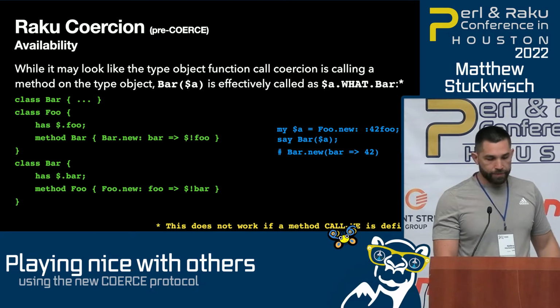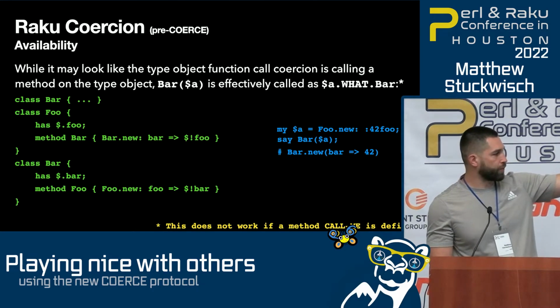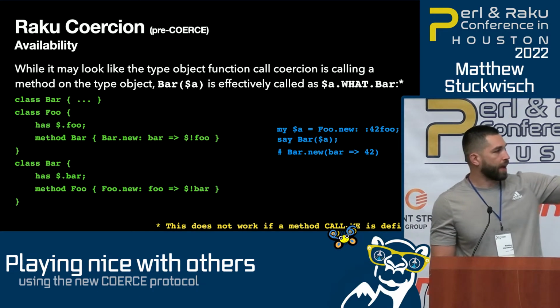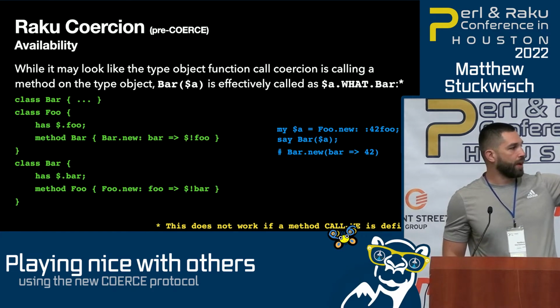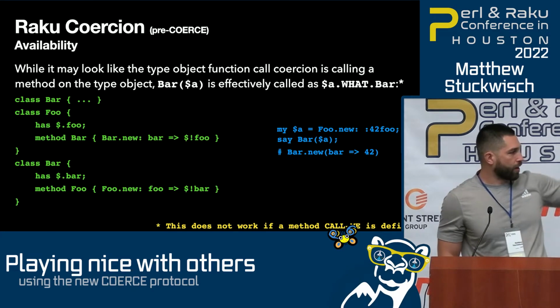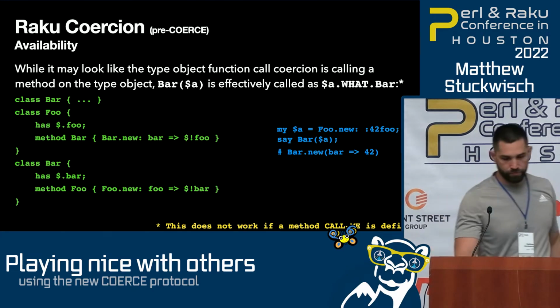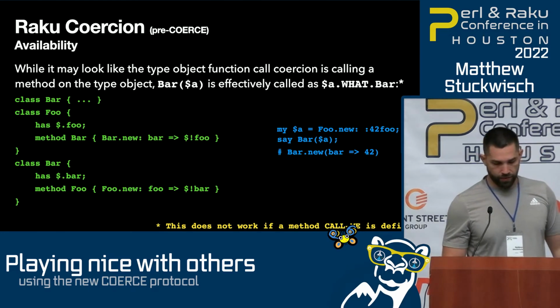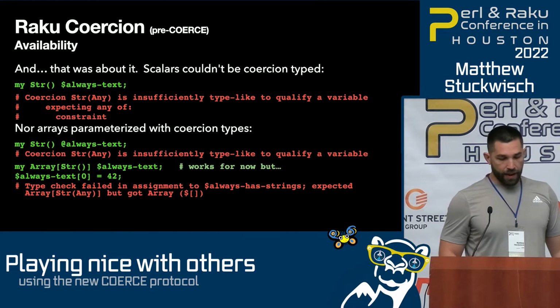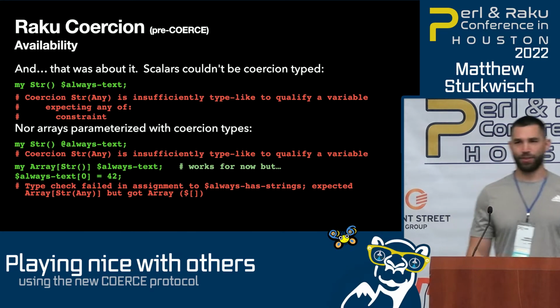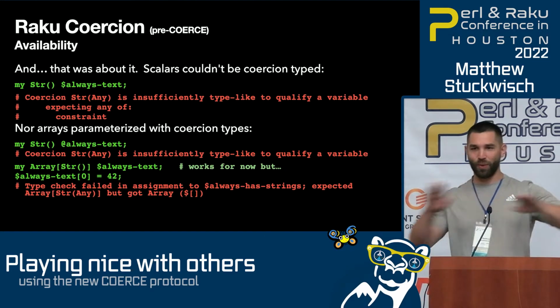Okay? And so here you've got an example. We have class bar, class foo, right? And I say my A equals foo.new, and I say bar, right? And it calls in foo. Bar doesn't know how to convert foo in, all right? And that was it. That was all we had for coercion